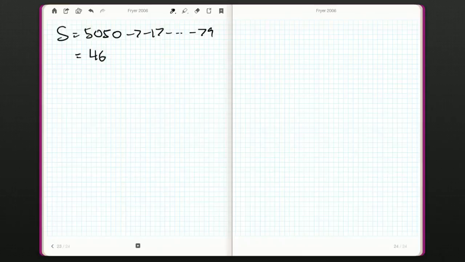That's going to be 4607 minus, and then we need the 70s, 71, 72. So now if we subtract off 70, 71, 72, 73, 74, 75, 76, 77, 78,